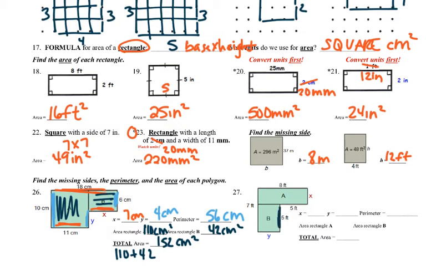Similarly over here, if I want to find the x, 5 plus 2 is equal to 7, so that's 2 feet. If I go the other direction, 5 plus 3 is equal to 8, so that's 8 feet. If I go all the way around, meaning adding up all the sides there, that's how I get 30 feet. If I want to find the area of rectangle A, you got to make sure you multiply the right